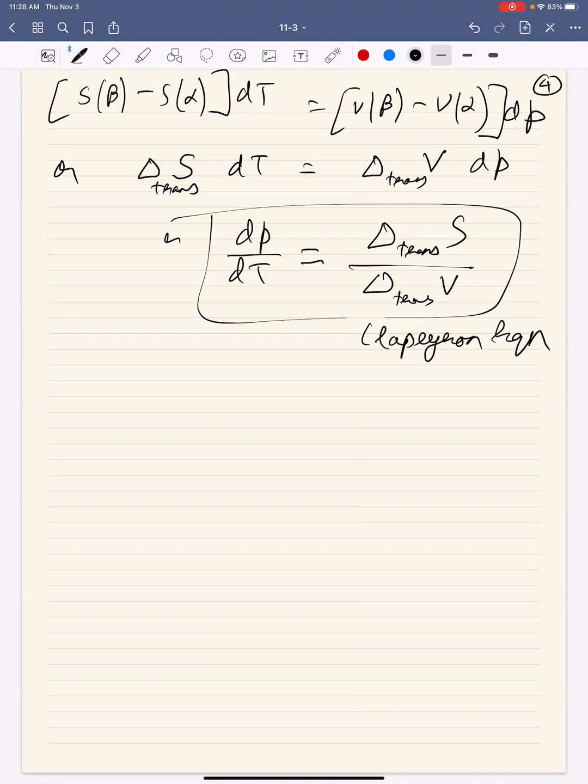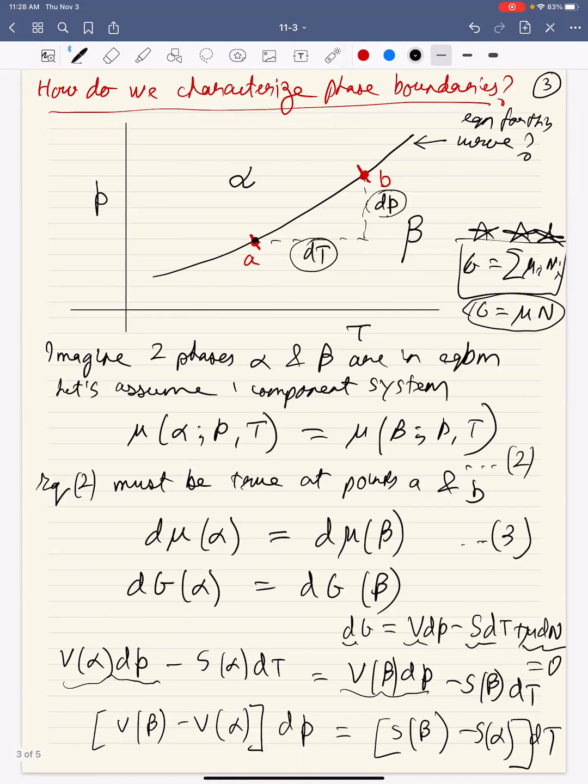And before I know it, you'll all be very, very unhappy. But you have to take my word that it's just the algebra that you have to account for carefully. The equation applies even to multi-component systems. Okay. So this is telling us that at any given point, if you want to calculate the slope of this